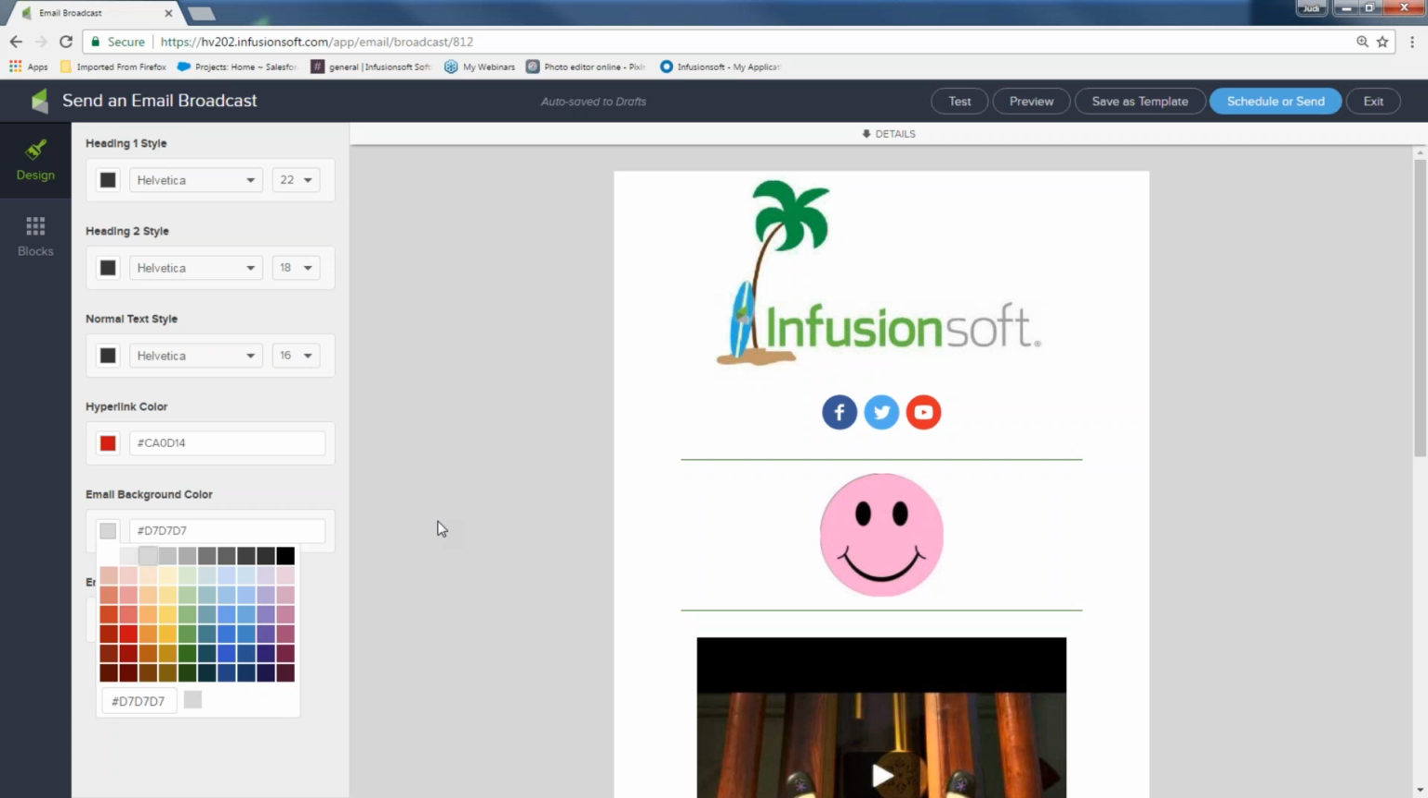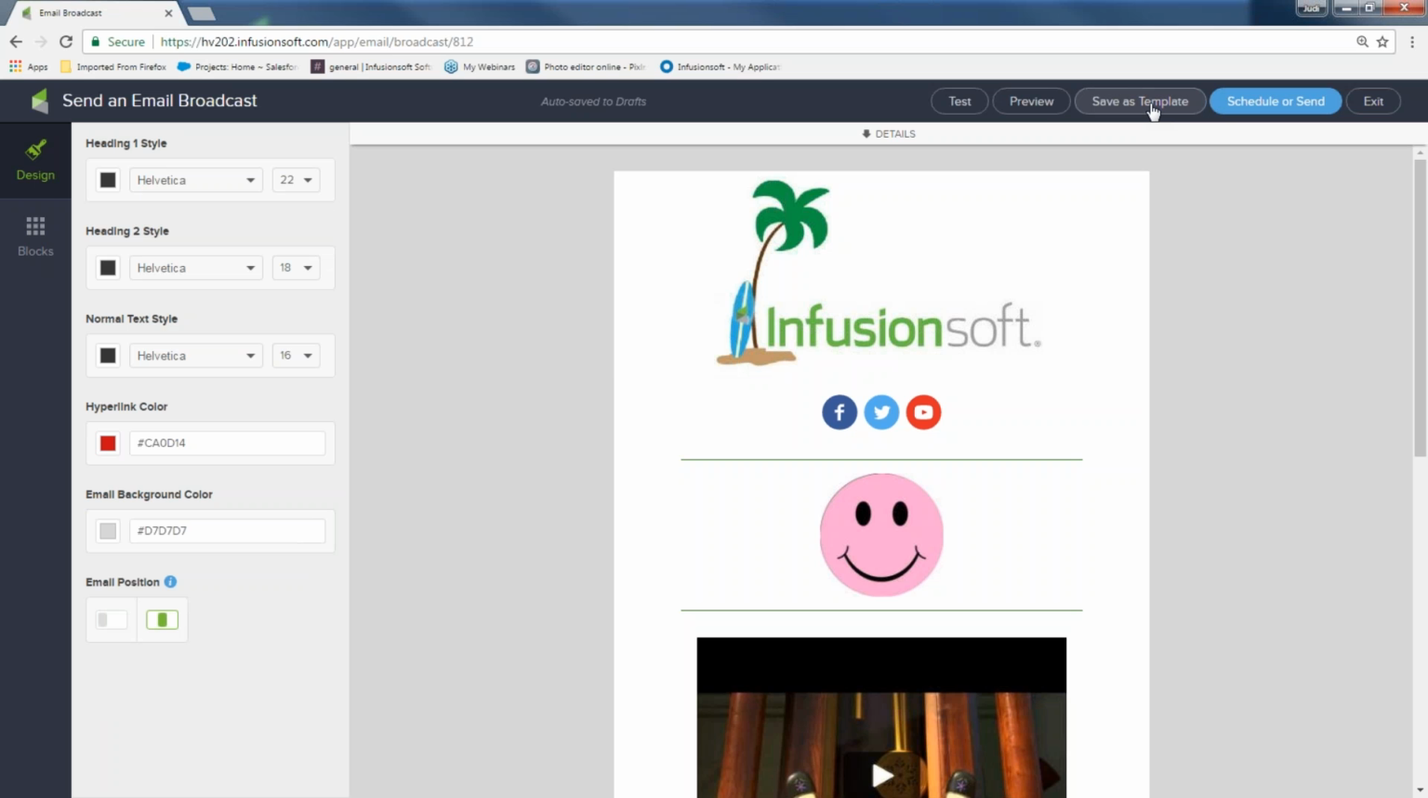So that's how you create your template. I want to show you how to send a broadcast now, but the templates are really easy to create, and then you just hit Save as Template if you want to save it as a template forever, or just hit Exit and it will automatically save in the drafts. So I'm going to hit Save as Template, Exit,